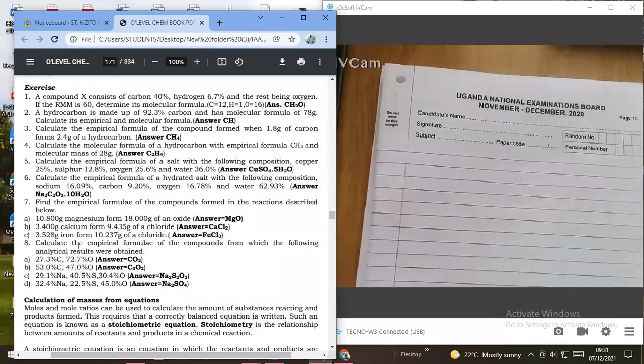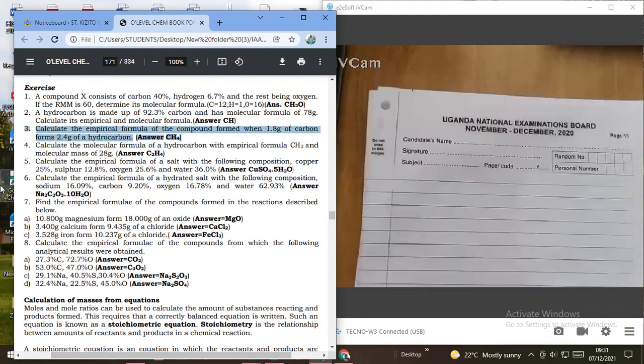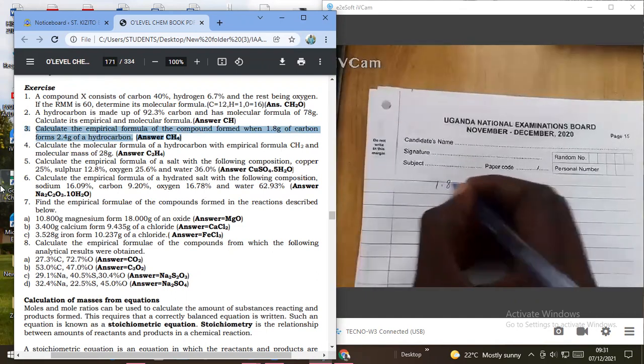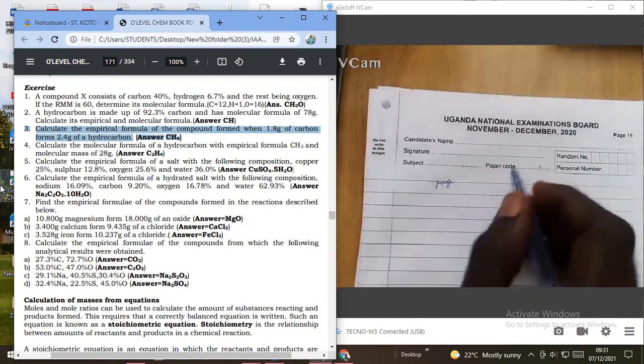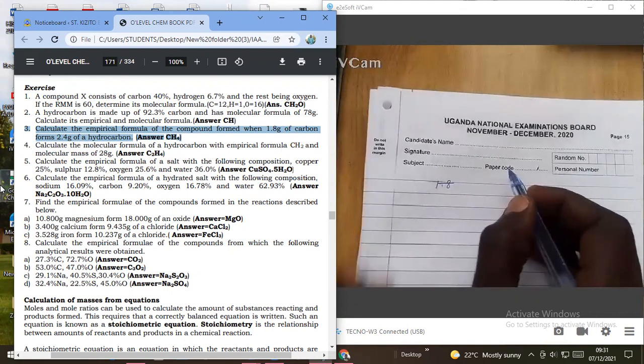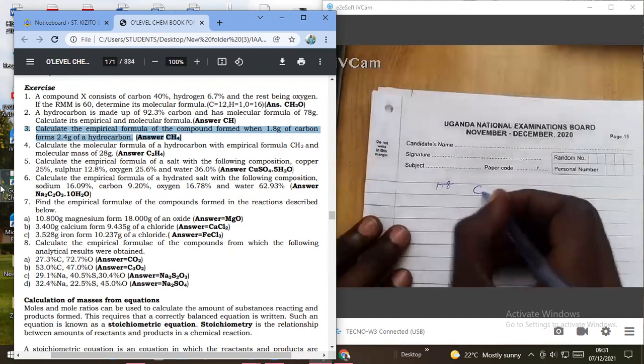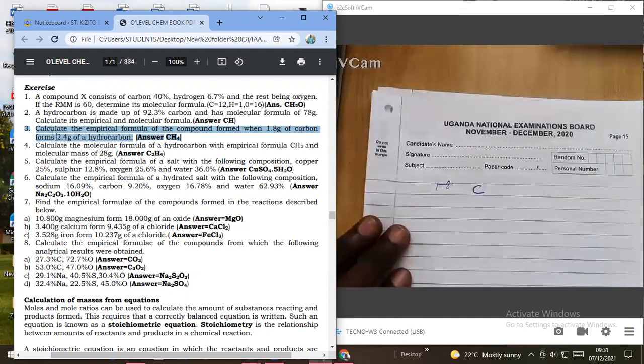Let me start from here. From 7, the rest people will do, all for purposes of understanding what we're saying up there. Let's go back and do at least one of these. Let me start from 3. Question 3 is saying calculate the empirical formula of a compound formed when 1.8 grams of carbon forms 2.4 grams of a hydrocarbon. The first step is to write the symbols of the elements present. We have carbon,